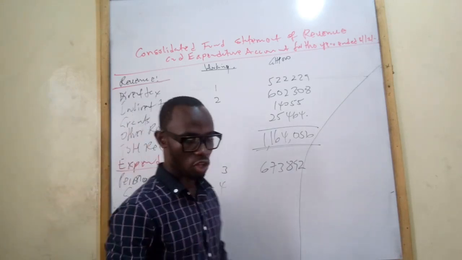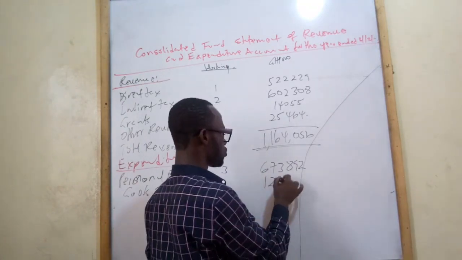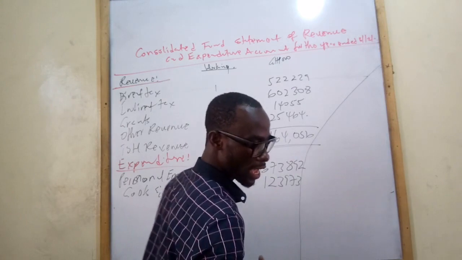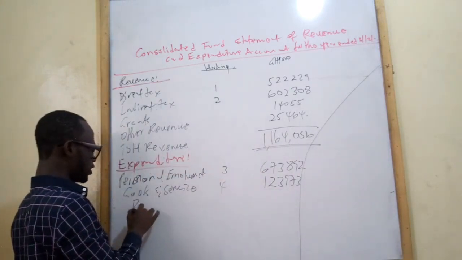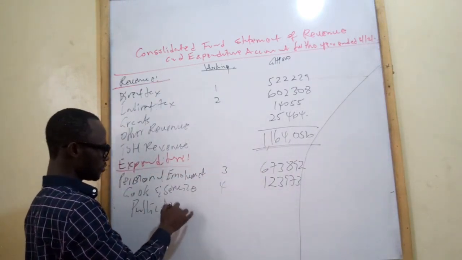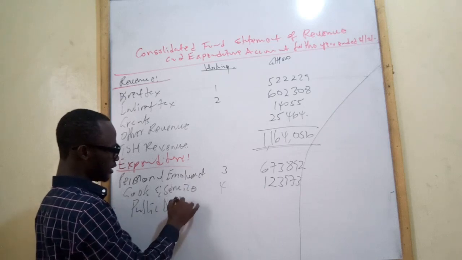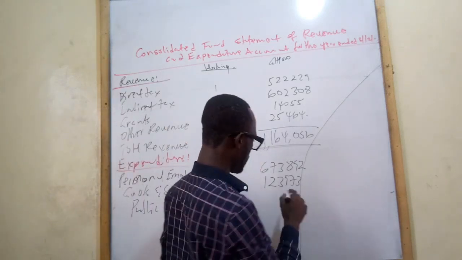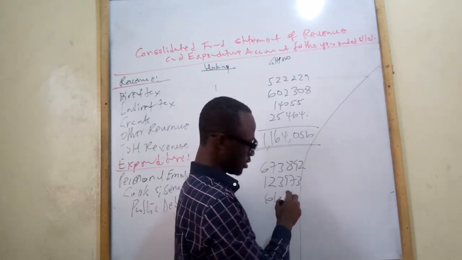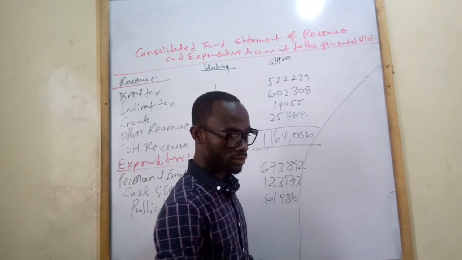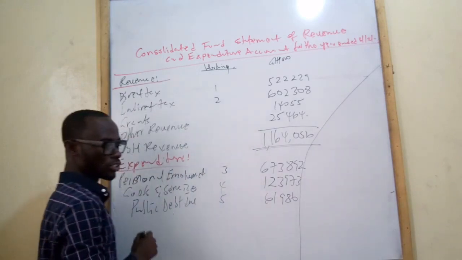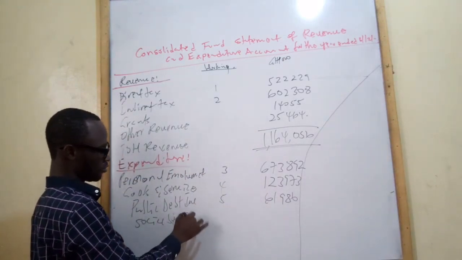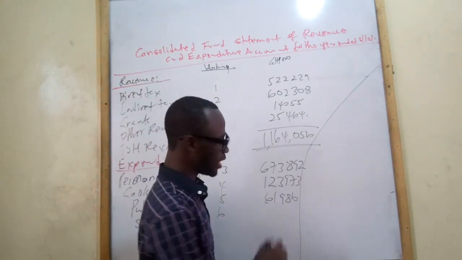That was the 4th working, and that will be 123,973. Then we saw public debt interest. That was workings 5, and that will be 61,986. Then we saw social benefits. That's working 6, and that is